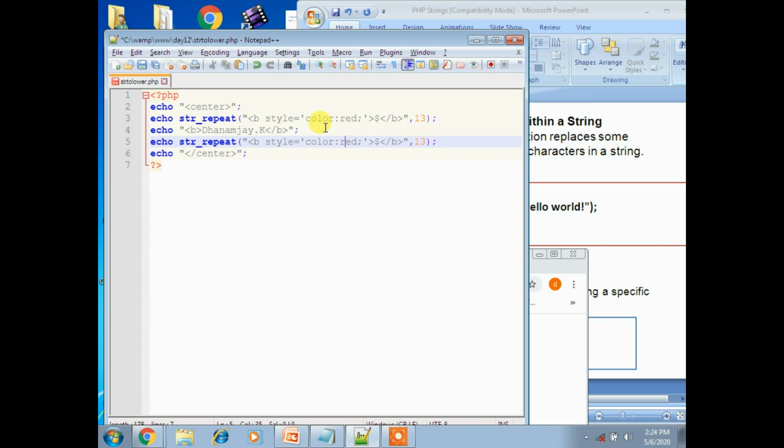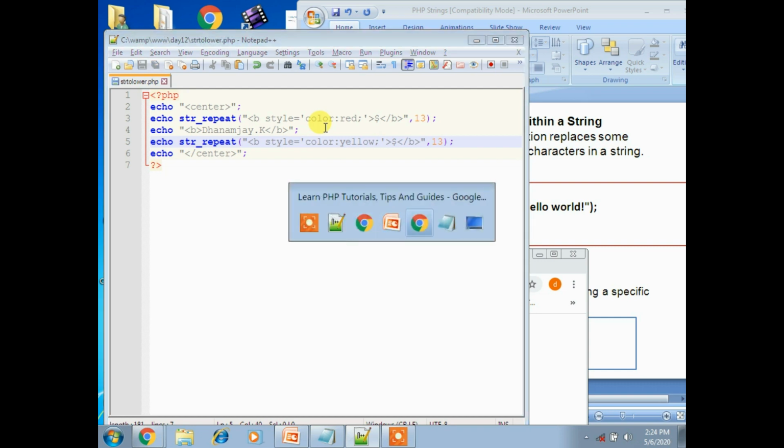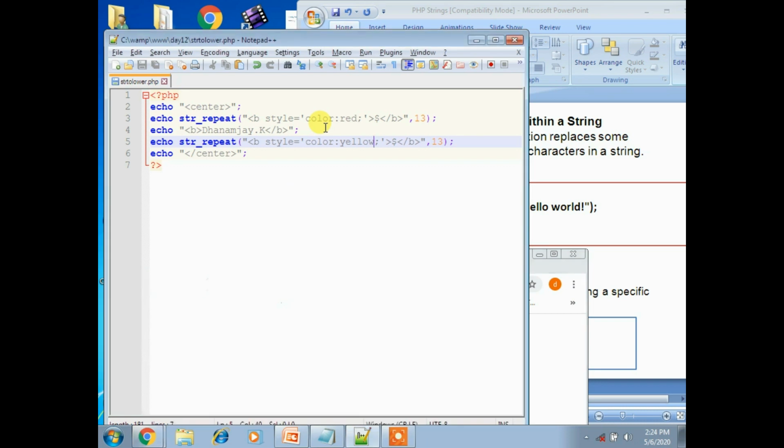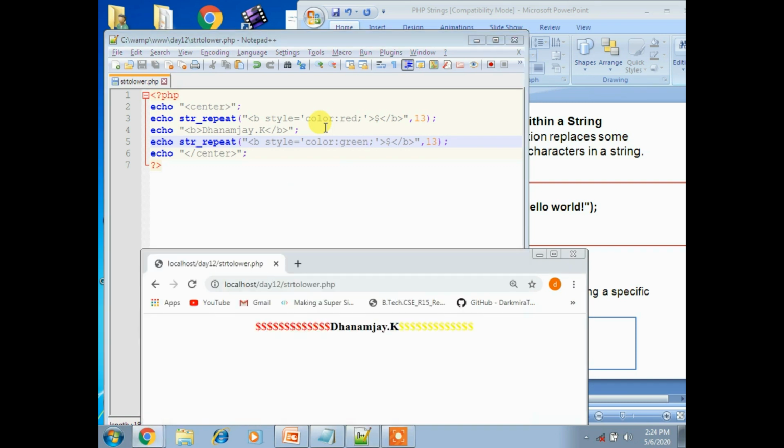Now instead of red color, you can apply yellow. Now execute the program, it displays, right? Or you can apply green, and you will get green color. This is the wonder of PHP string functions.